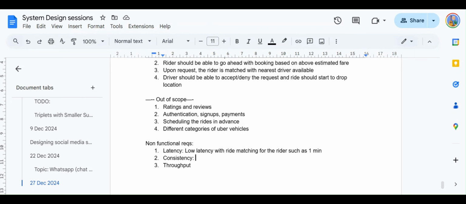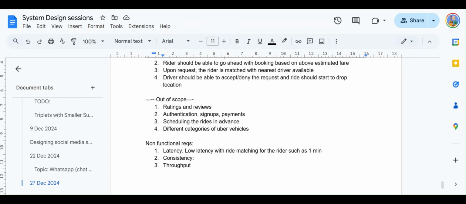But with respect to Uber design, what we are actually interested in is this. Let me give a scenario. Imagine that there's a concert going on, and let's say 10,000 people are attending. There's a Justin Bieber concert going on in the US, and then this concert ends. At the end of the concert, people are trying to book an Uber, and they want to go home. Now there are tons of problems that can happen right at this point in time.